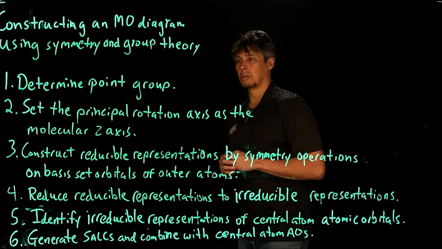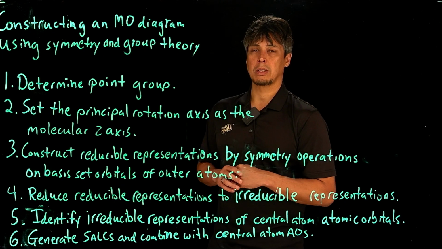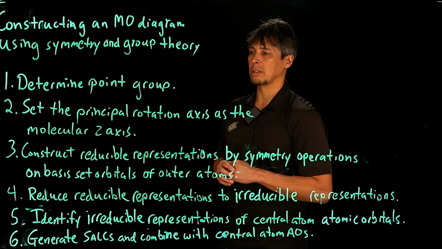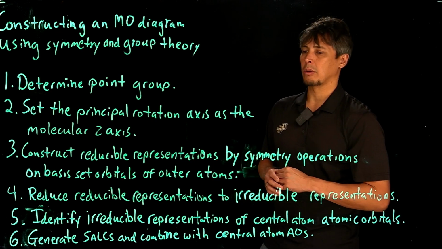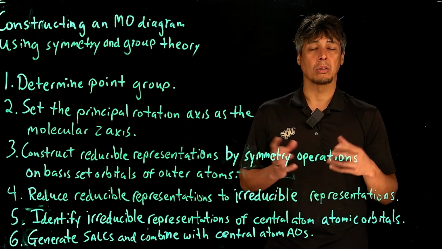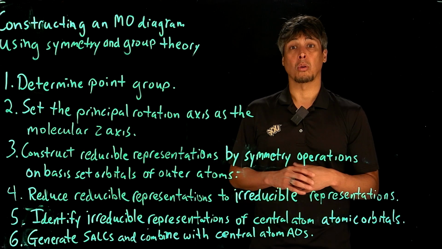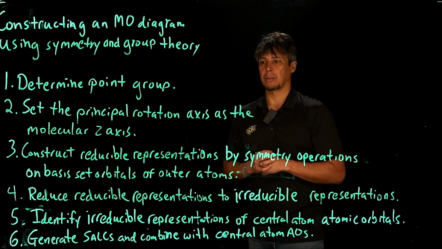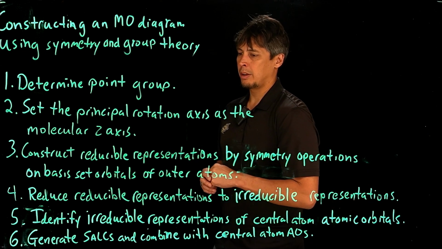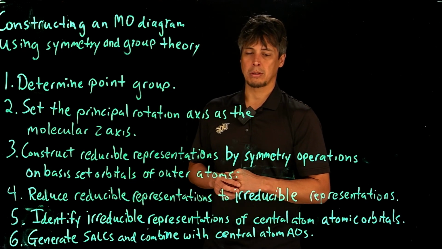The next thing we're going to do is we're going to construct reducible representations using symmetry operations on the basis set orbitals of the outer atoms, okay? And so the basis set of the outer atoms, as we've been doing before, is going to be atomic orbitals of these atoms. Number 4 is we're going to reduce the reducible representations to